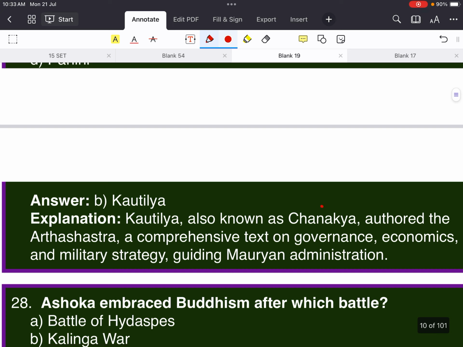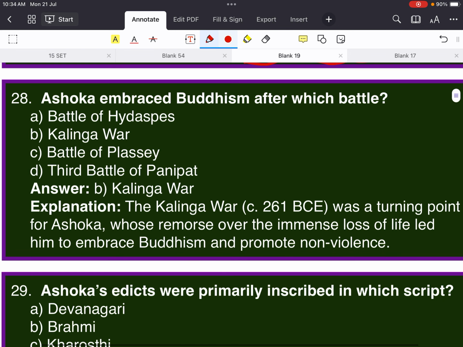Kautilya, also known as Chanakya, authored the Arthashastra, a comprehensive text on governance, economics and military strategy, guiding Mauryan administration. Question number 28. Ashoka embraced Buddhism after which battle? That is the Battle of Kalinga War. The Kalinga War,